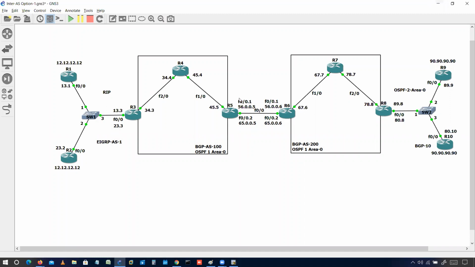Till R6, R5, these routers are sending the route from here to here using those export value and import value and using eBGP that is sending directly to another neighbor. Now I want to send that route from here to here. So I have to do export here and import here. Then only R8 will start receiving the route, right? Let's do it.